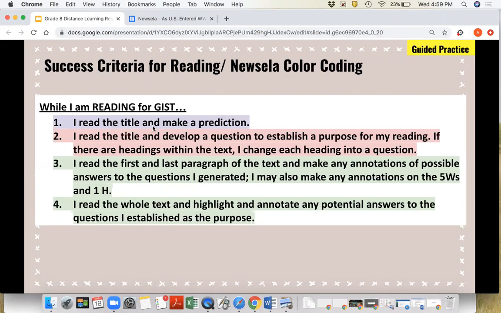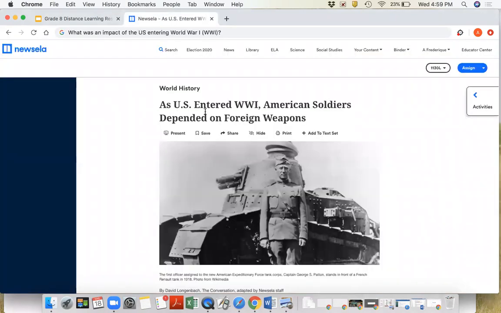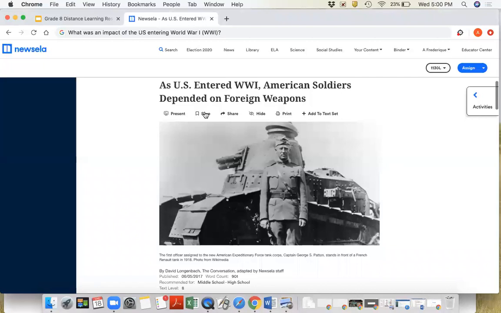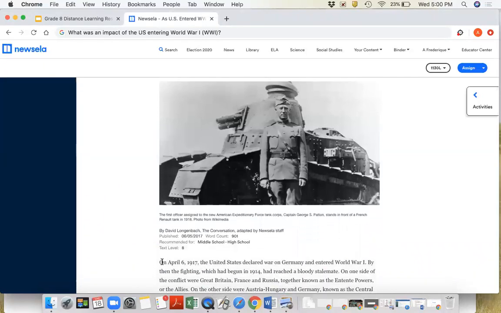Our first step is to read the title of the article and make a prediction. So here's the title of our article. Because it cannot be highlighted on Newsela, we'll highlight the first word of the passage and make it purple for predictions. PNP, purple predictions. So my prediction,